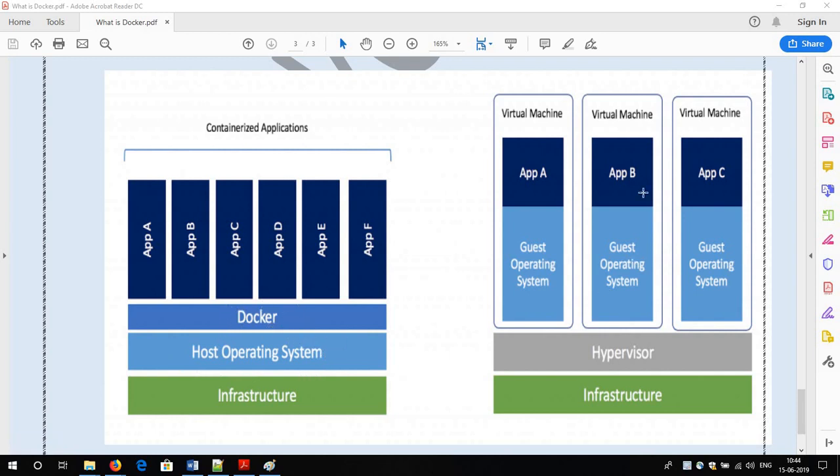In the earlier scenario, we were able to provision only 5 servers out of this 1000 GB hard disk and 50 GB RAM. But see here what Docker will do. I have installed Docker on top of this. Now I can provision multiple servers, which in Docker terms we call containers. So we can run multiple containers on top of this Docker engine.